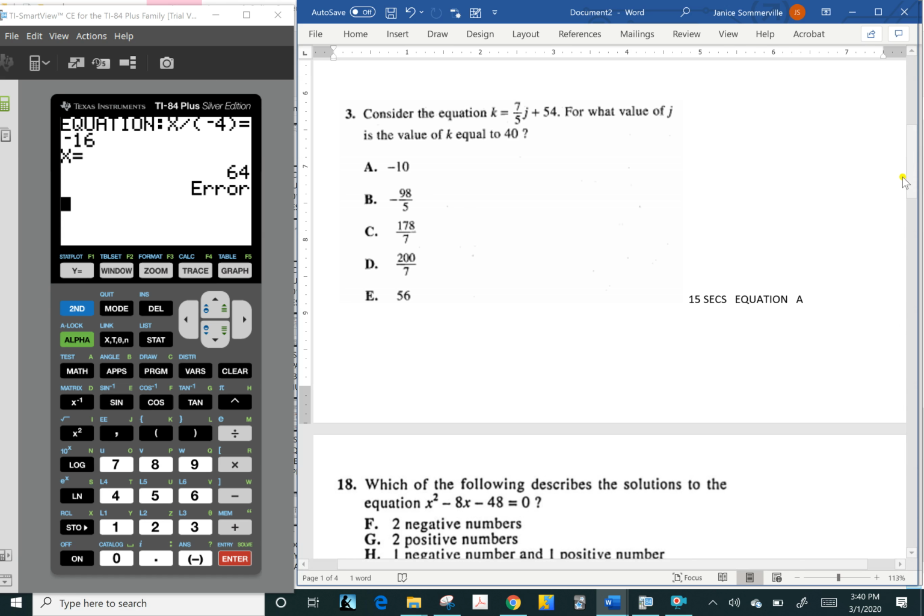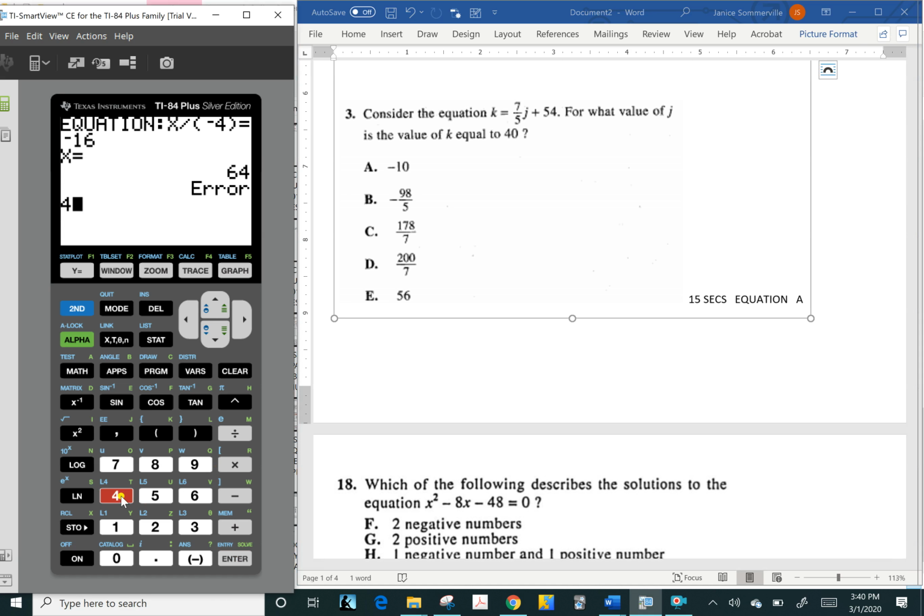So we would input 40 for k to get 40. Oh, hang on, no, don't do that. Because you actually have to go back to where it says equation. If I just did another one, it would just repeat the stuff. It wouldn't give me the answer. You have to hit enter once you're finished with a calculation. And you always have to start with where it says equation, and then it has the colon there, so just be aware of that. So anywho, 40, and go up for our equal sign, equals 1,